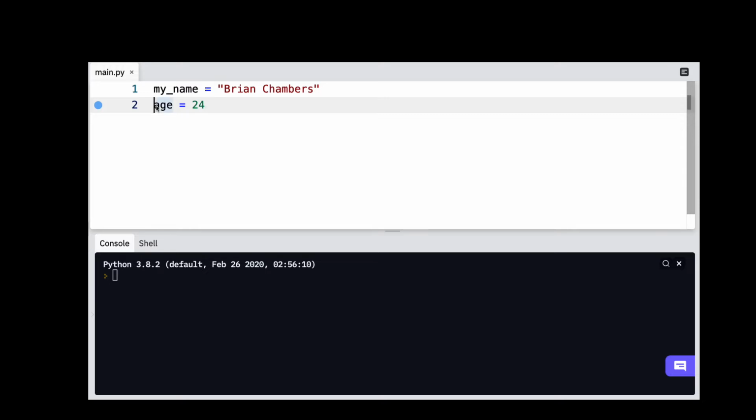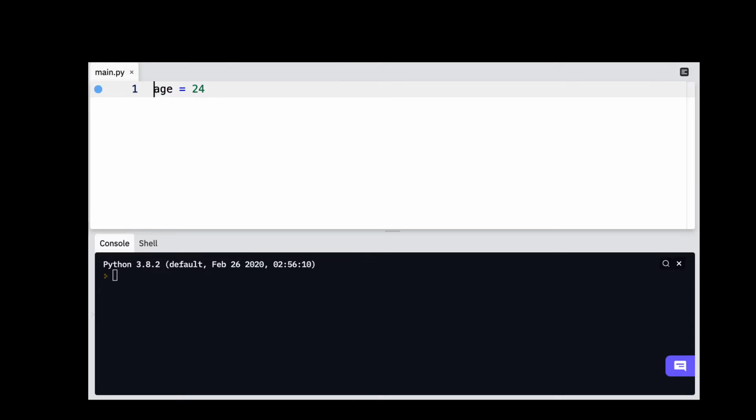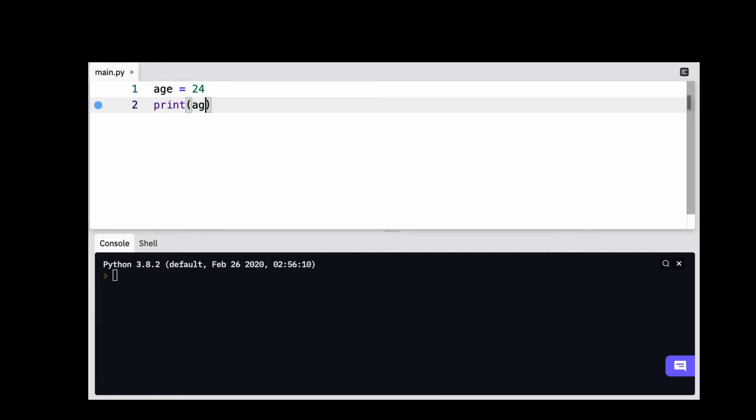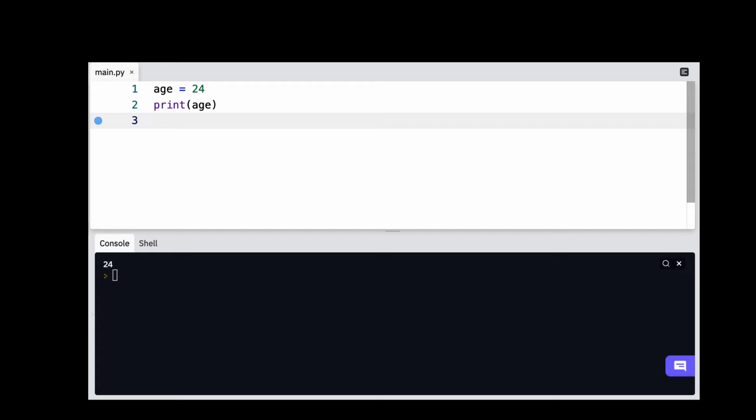So I'm going to delete the first variable, my name, so I can demonstrate the concept of reassignment. So when I print age in line 2, let's see what the output is. So in our console, we can see that the output is 24. But let's say later on in my program, my age changes. Let's say I'm now 25. When I print age